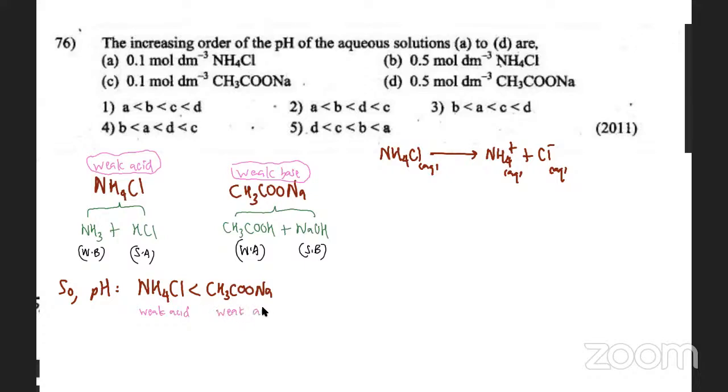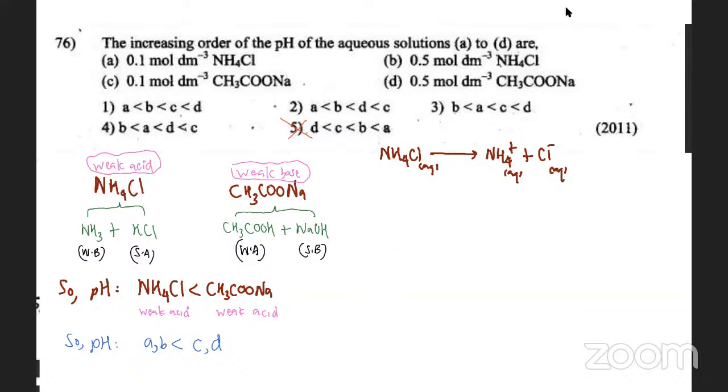So first and foremost, we have to figure out this one. People, I can definitely say there are two solutions of ammonium chloride, one is A and the other one is B. The pH of A and B should be less than C and D. Between A, B, C, D we decide, but your answers must be like this. Only one answer can be cancelled out, that is the fifth one, because in the fifth one they have put A and B first and C and D second. In all the other answers, A and B are last and C and D first. So we have to